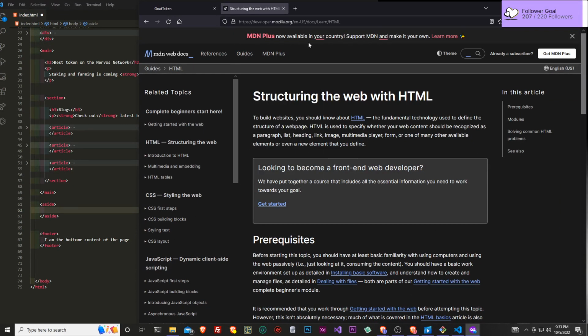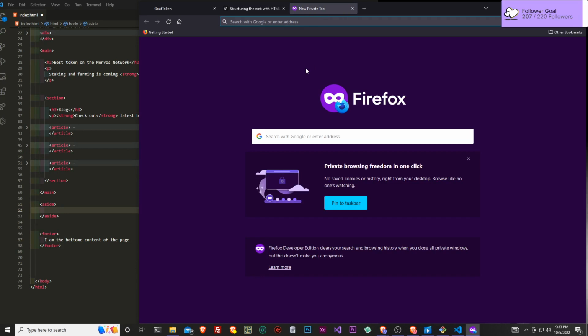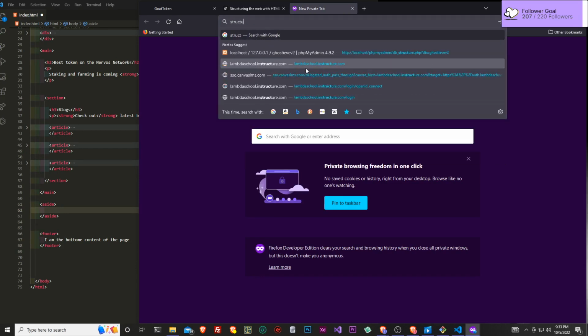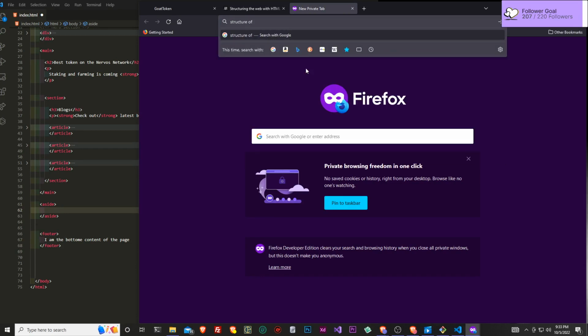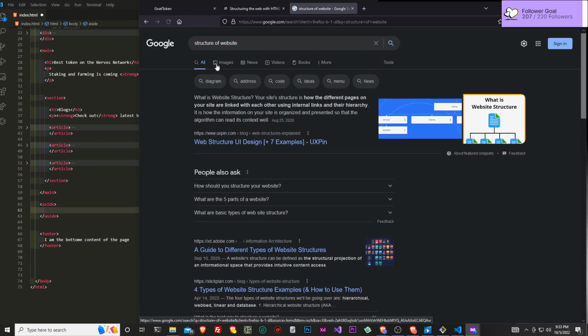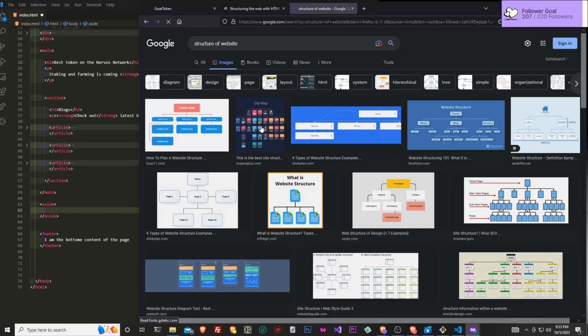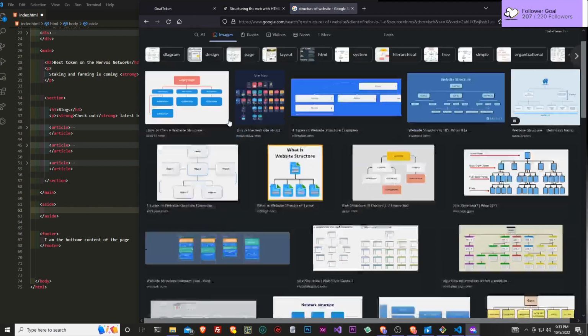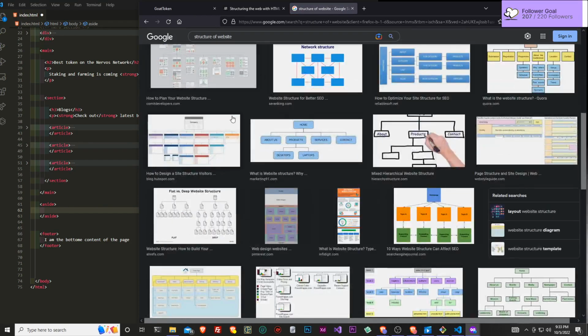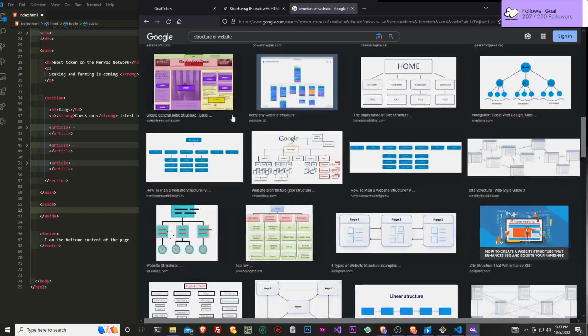Also, I just wanted to let you guys know MDN is a very popular tool. If we search that up, you'll be able to see a nice little image. I'm sorry that I don't have it already prepared for you guys, but oh, there we go.